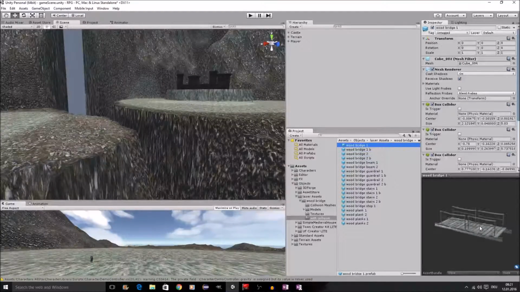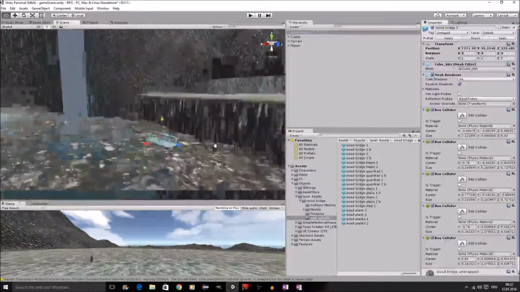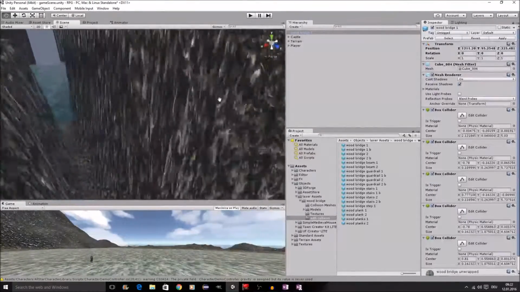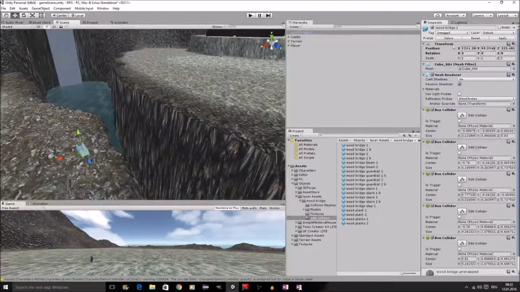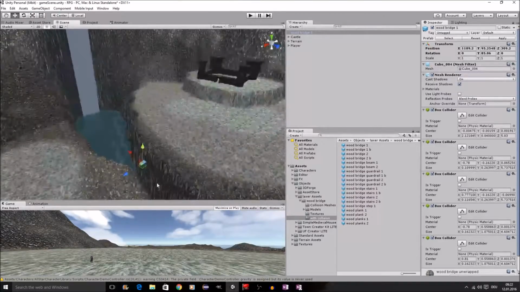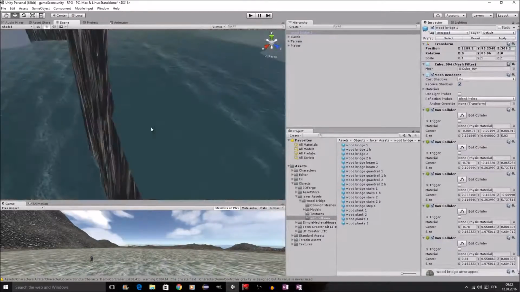I'm not gonna do anything fancy here. I'm just gonna take this part. And once again, we see how massive our terrain is and how tiny our assets. Yeah, that's just the way it is for now. I'm gonna rotate it, place a part piece of the bridge on the most narrow point of the chasm here. Okay, like somewhere in the middle,